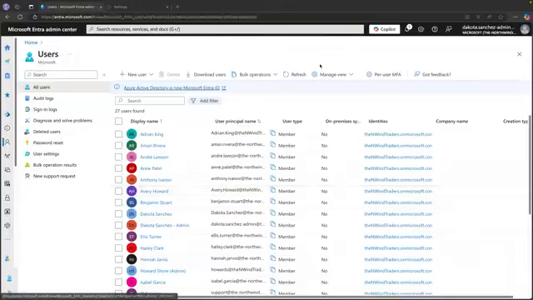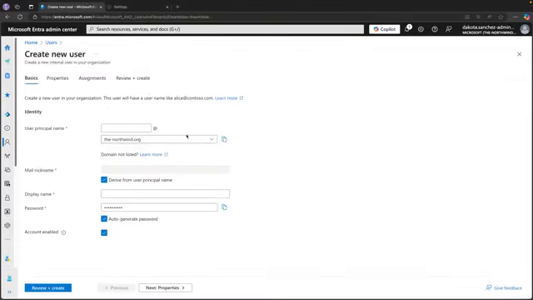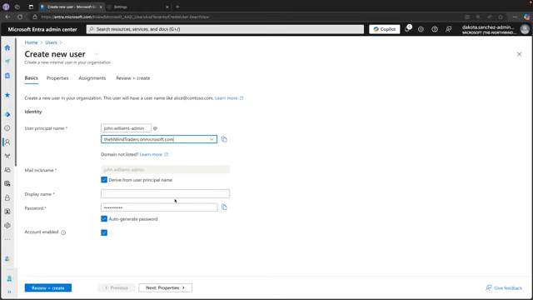From the Entra Admin Center, we're going to go to New User, to create New User, and in the user principal name, the login name that they're going to have, it's going to be john.williams-admin, and in the UPN suffix, this bit after the @ symbol, we're going to choose the long UPN suffix that Microsoft provided. This is a great one to have for break glass accounts because it doesn't rely on that custom domain still existing in the event of some kind of disaster. So next we're going to choose a display name. In this case it's going to be John Williams